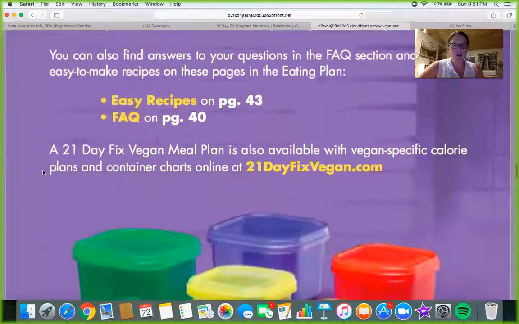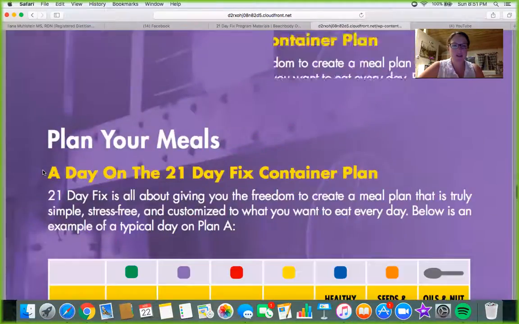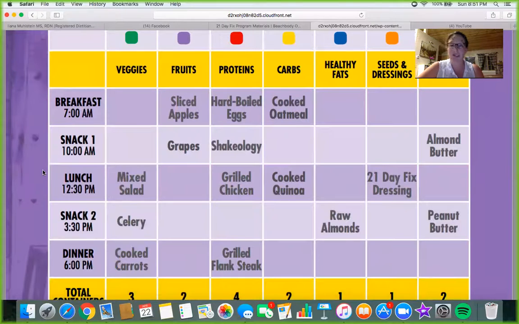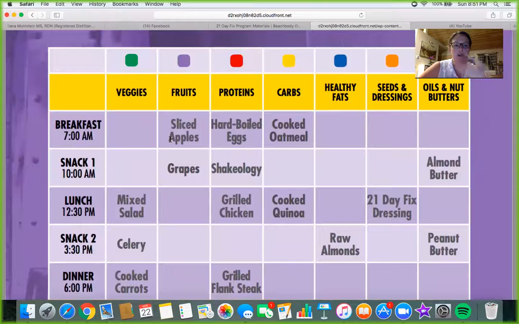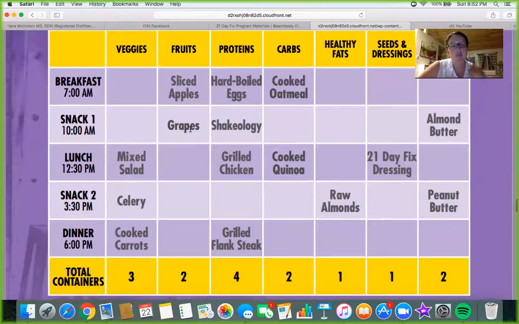So then as you're scrolling through, there's always recipes. We have recipes in my private group. Here's an example of a breakfast at 7 a.m.: sliced apples, 2 hard-boiled eggs, and a yellow's worth of oatmeal. For the snack, you have your shake and your grapes. Okay, so you could choose to mix a serving of fruit in with your Shakeology, or you could have your Shakeology plain and